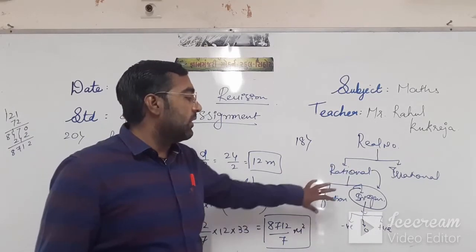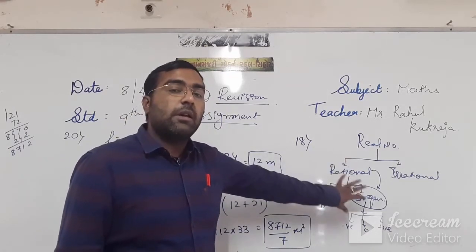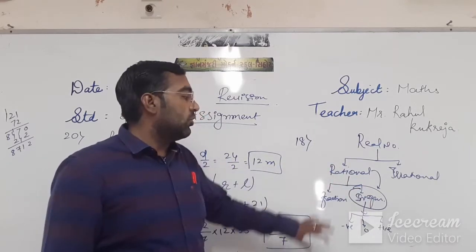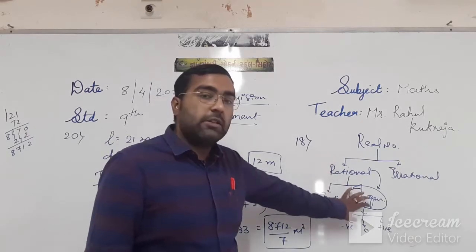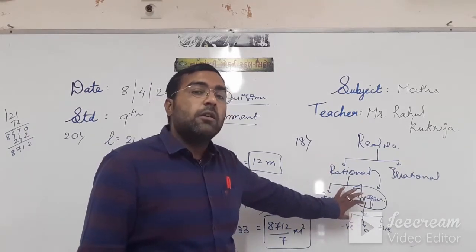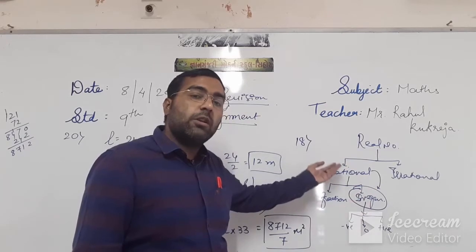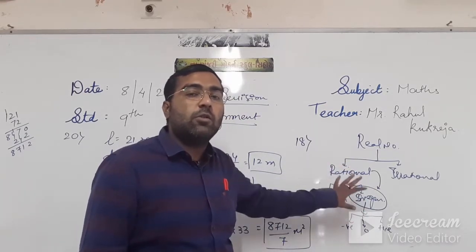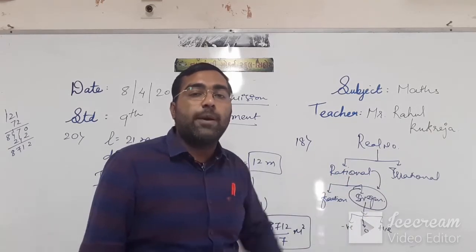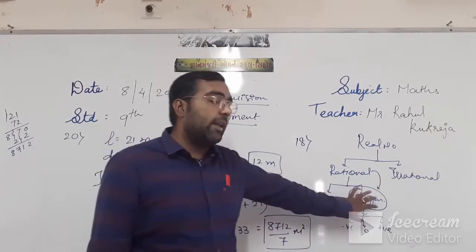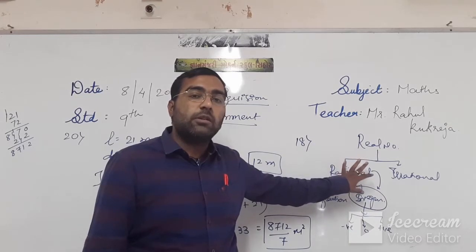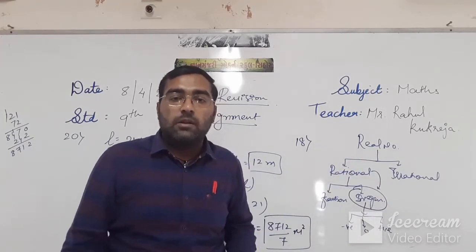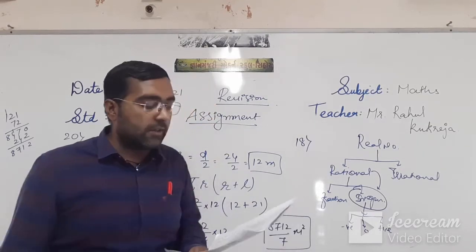ठीक है, इंटीजर्स कहाँ पे है? रेशनल नंबर के नीचे है. ठीक है, रेशनल नंबर के टाइप में है. क्लियर? तो सारे रेशनल नंबर इंटीजर्स हो सकते हैं? नहीं, कभी भी नहीं. सारे इंटीजर्स जो है वो रेशनल हो सकते हैं, बिकॉज इंटीजर इज द टाइप ऑफ द रेशनल नंबर. ठीक है, तो सारे इंटीजर जो हैं वो रेशनल नंबर्स हो सकते हैं, लेकिन सारे रेशनल इंटीजर्स नहीं हो सकते. क्लियर? सो दिस इज द फॉल्स वन.